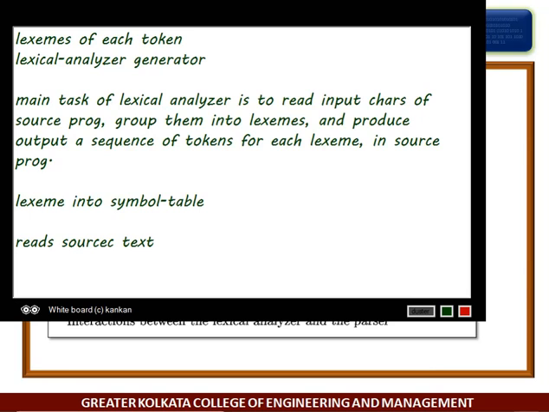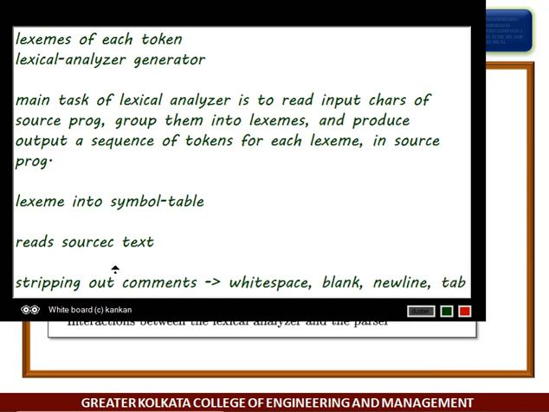One such task is stripping out comments and white space: blank, new line, tab, all these things will be stripped out.